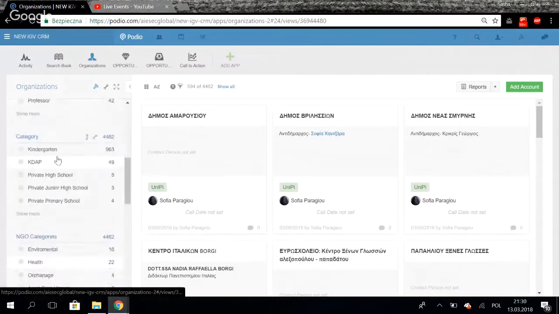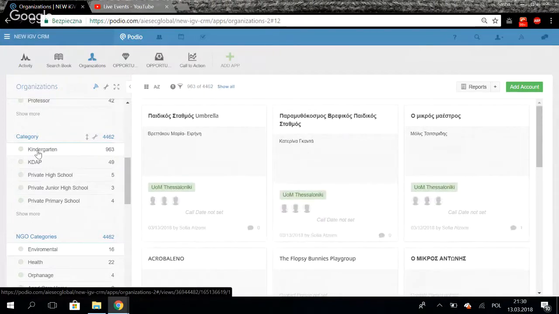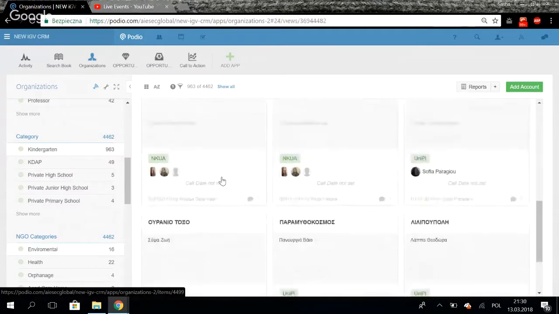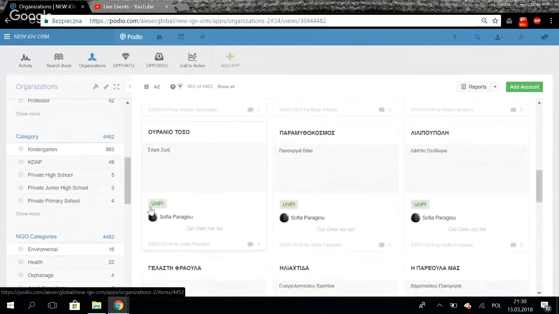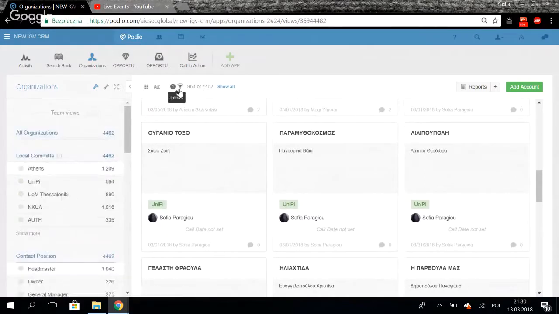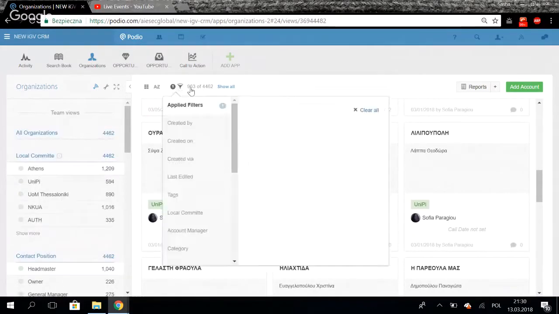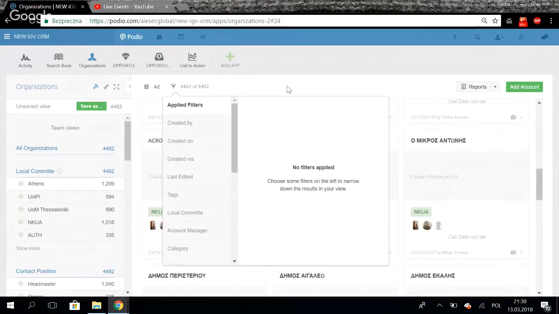Also, you can categorize by the category of the organization, whether it's kindergarten, GDAP, private high school, etc. The majority of our partners now are kindergartens, NGOs, and GDAPs. For example, kindergartens, and you see the kindergartens under different LCs. Also, by clicking here on filters, you can delete all the filters that were added and have back